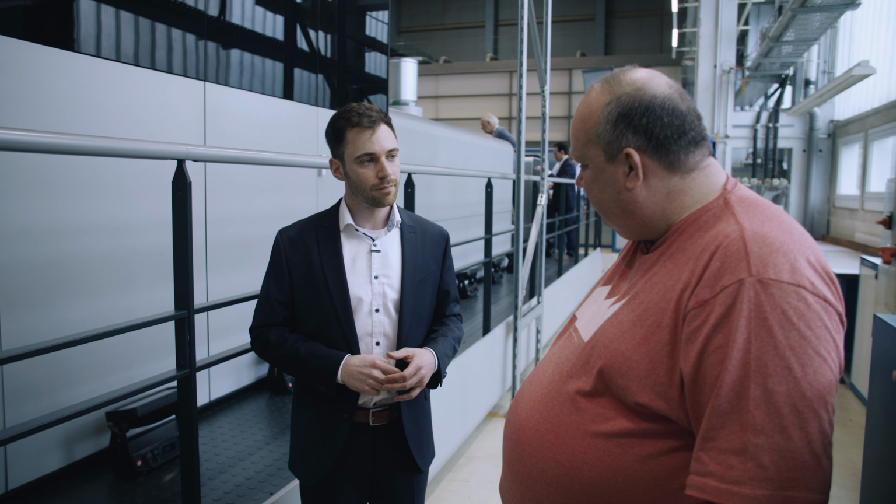Okay, but what about, let's say, the sheet with the fold on it? Does it then mark it or something like that, so you can easily take it out of the production flow? I was just thinking that if you find an error, you would like to remove that sheet, right? Yes, of course. For this, we've got an idea. So we want to print on every sheet an ID,